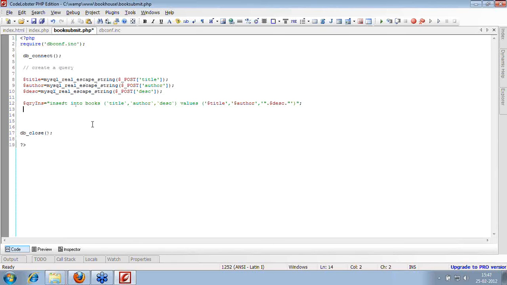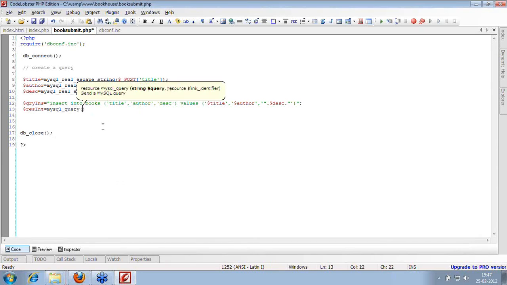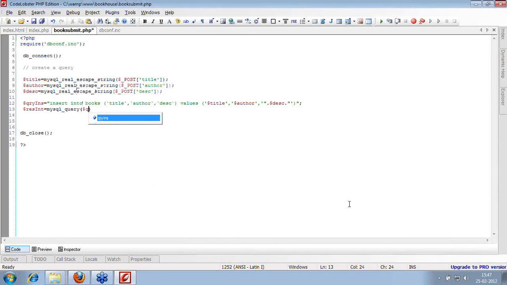So I'll say $recordset for the insert statement is mysql_query. Now I can directly pass my query here, or I can create a variable and pass a string variable out here. So this is the query.